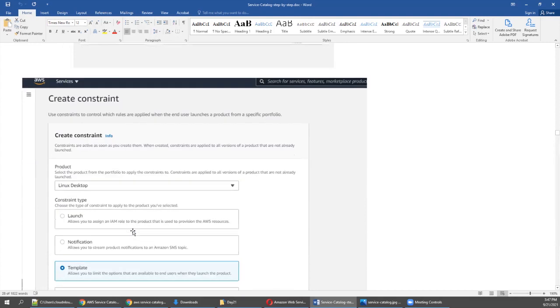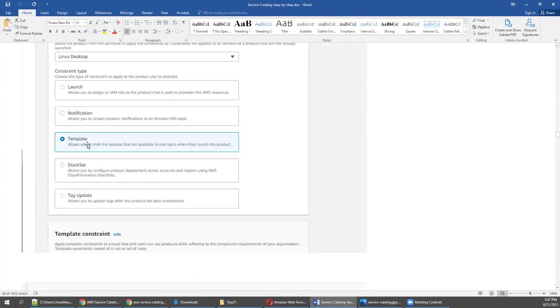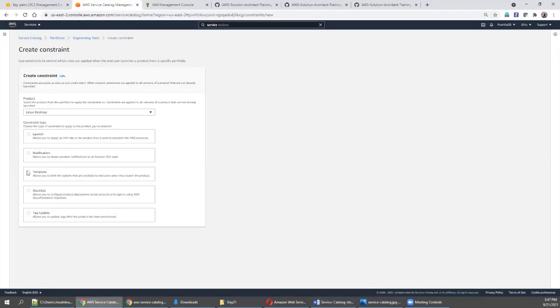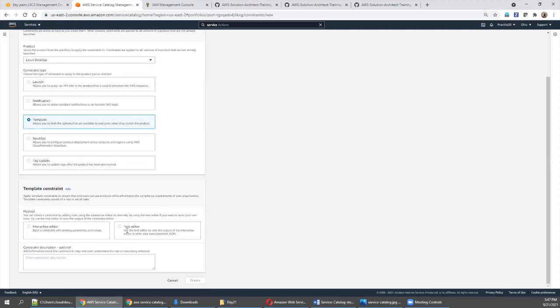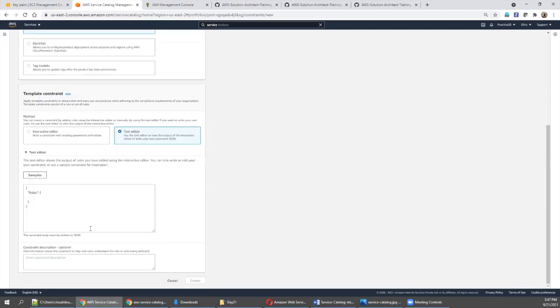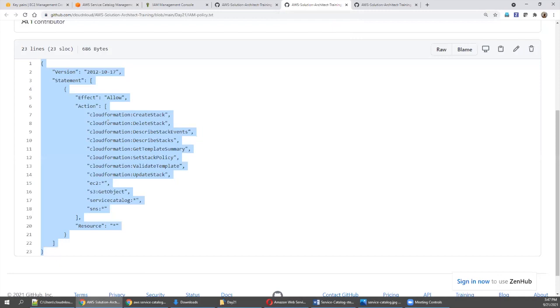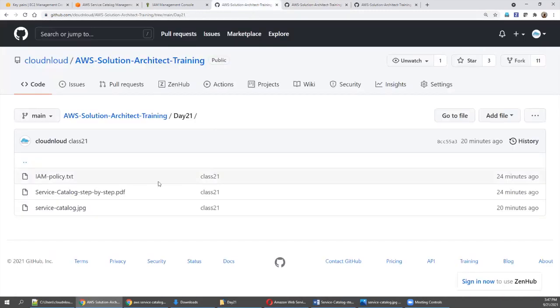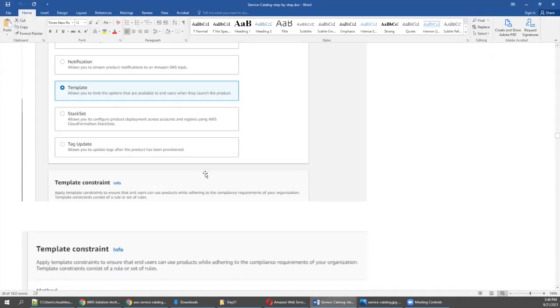I have given the screenshot also. So click template, come down to the text editor, come down. Here you copy and paste. If you are not able to copy and paste from the PDF, I think the PDF will have the copy paste. Anyway, after this, I will upload that policy also here. Come down.